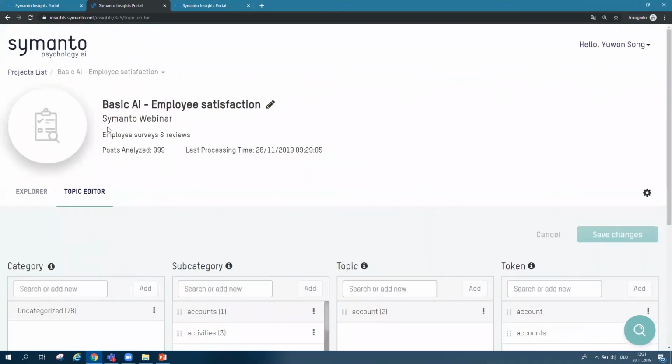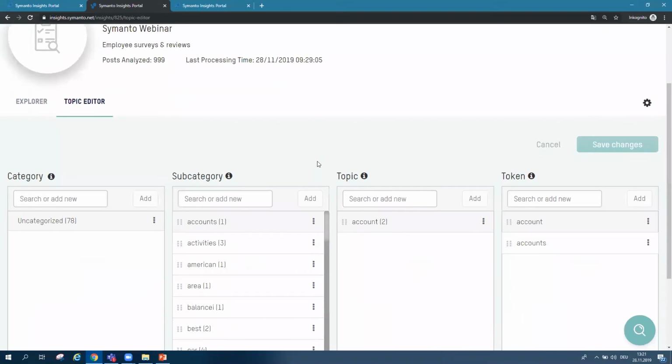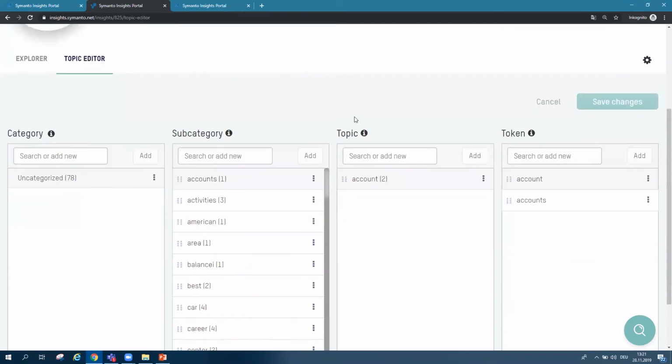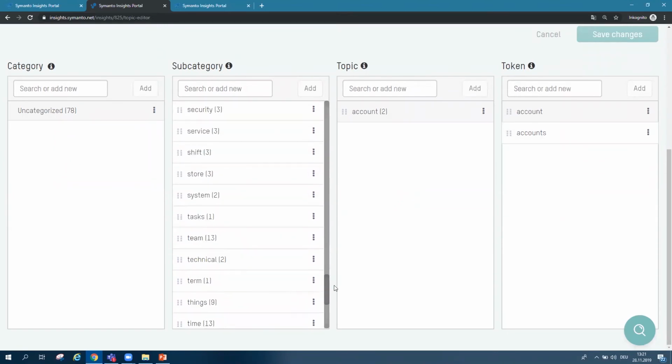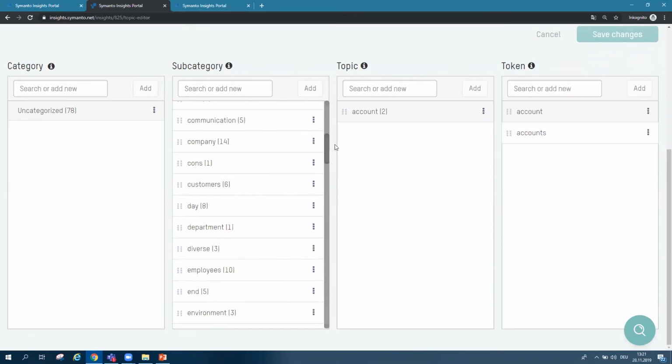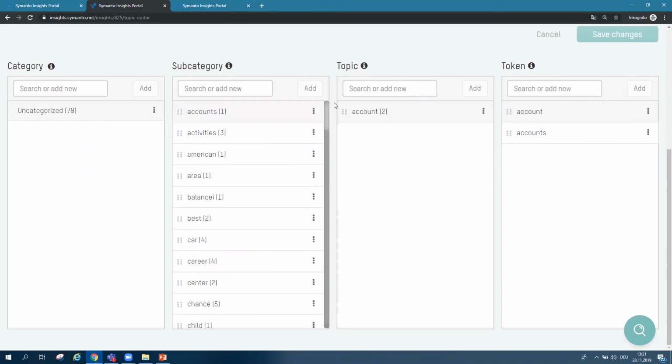Before we go into the overview chart, I would like to go into this topic editor, which is a little bit hard to explain, but it's fine. What we're going to see here is how the AI has really identified the topics and themes. As we said, we didn't tell the AI anything, or give any keywords or topics to look for. So these are the things the AI itself has found already. There are quite a lot, and at first glance it might even be too much. That's why normally we want to make it a little more customized for our purpose.